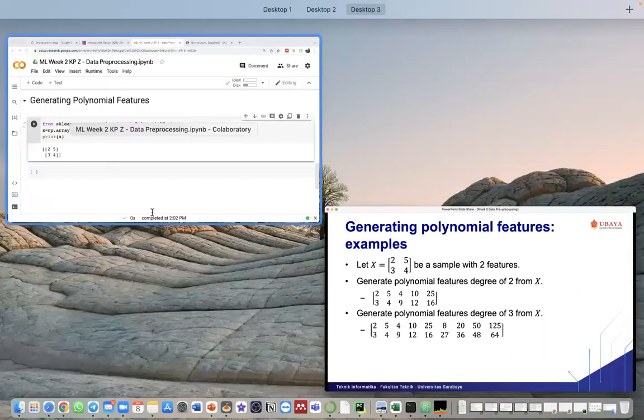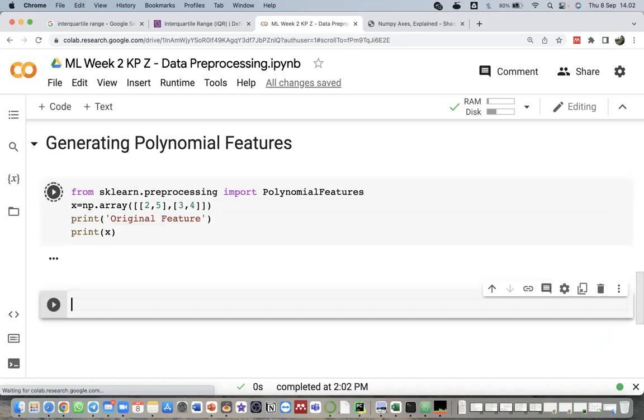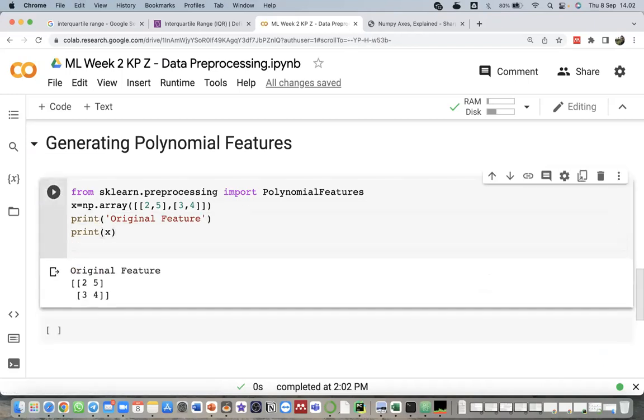Then I also print the original features. Then we create a transformer variable equal PolynomialFeatures, and we give the degree argument here, and include bias equal false.